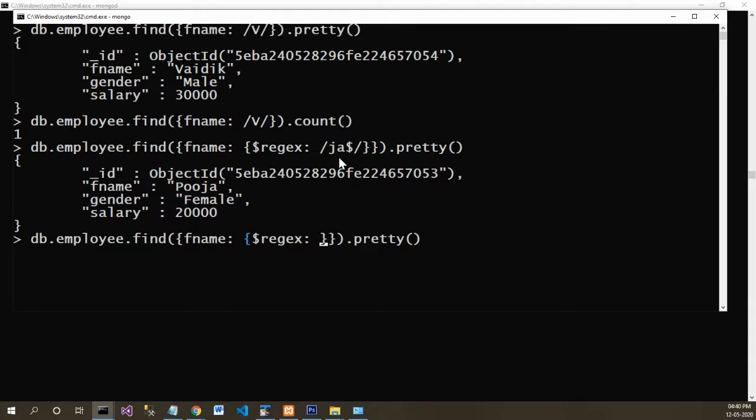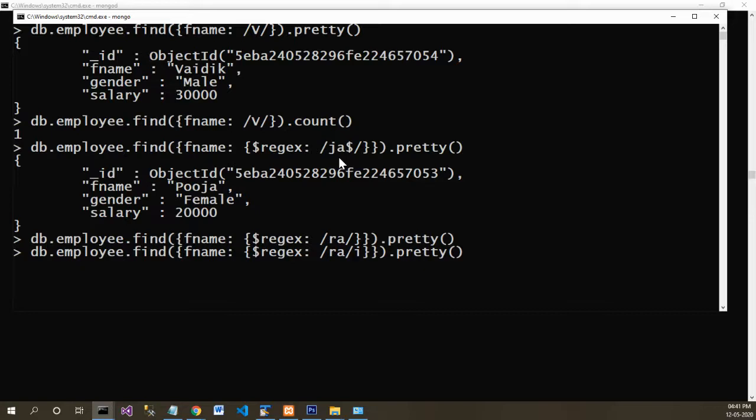In front of the regex operator, you need to provide your regular expression. Say I want to search for the employee whose name starts with RA, I can provide it. For now, I'll provide it with small letters just to check whether it searches data or not. The record did not appear because within the database, we have the name Raj with capital R. So if you want to search this way and fetch the record Raj with capital R, you need to write i in the regular expression.